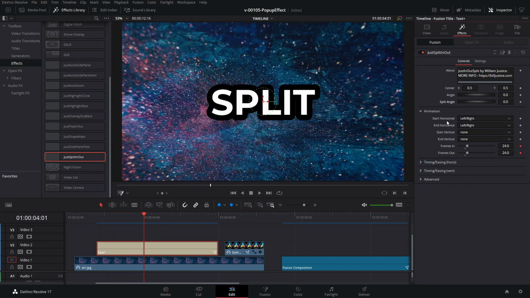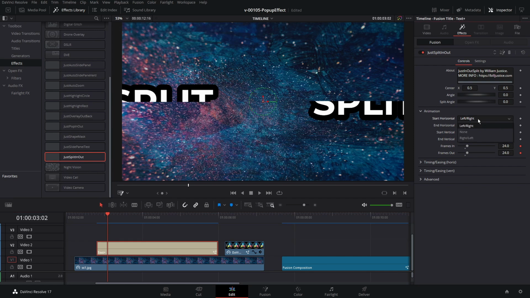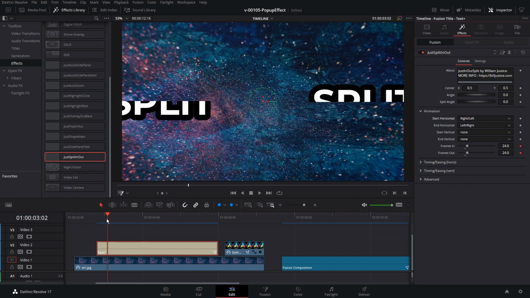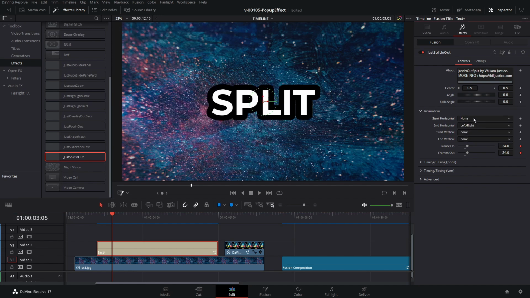These are the different positionings. There's the start and end. So this is the animation in the beginning. The horizontal animation is left and right. So you see that it comes in like this. Now if we flip it to right to left, you'll see that the different sides change. We could set that one to none. And we could have the start animation be vertical. So we're gonna have vertical, say top to bottom. And you see it's kind of a reveal from the middle. It's because they're coming up from the middle. If we flipped it bottom to top,